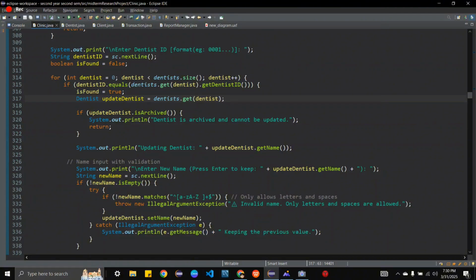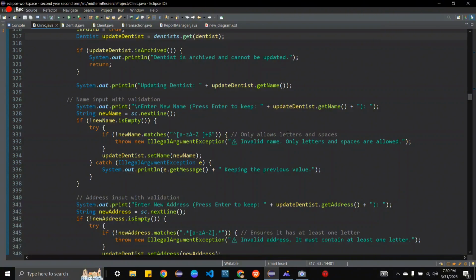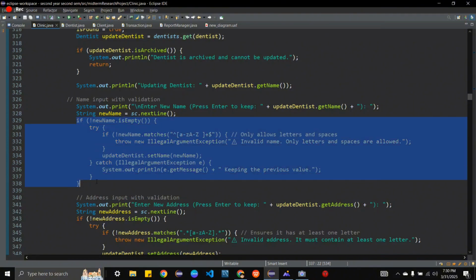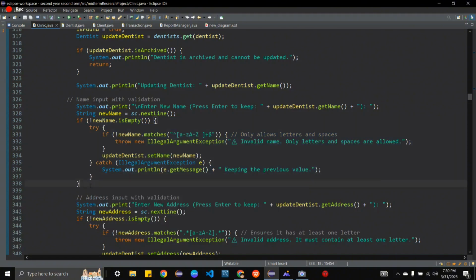Now, in updating the dentist list, we will ask the user for the kinds of information we have in dentist, such as name, address, etc. Specifically, this is handled using this try catch in order to handle any kinds of exceptions or errors.